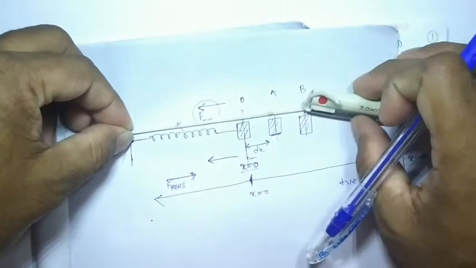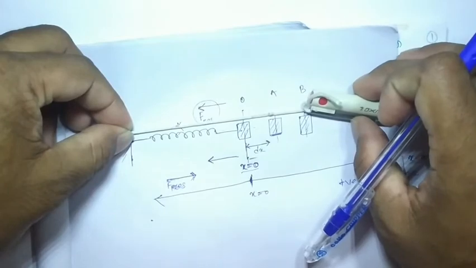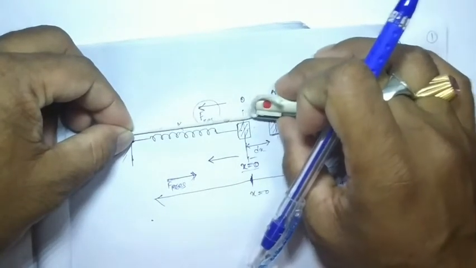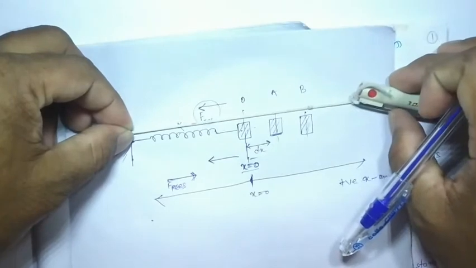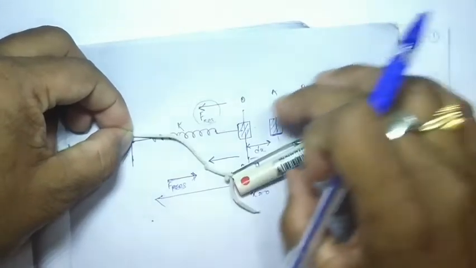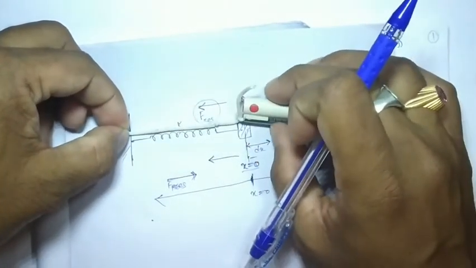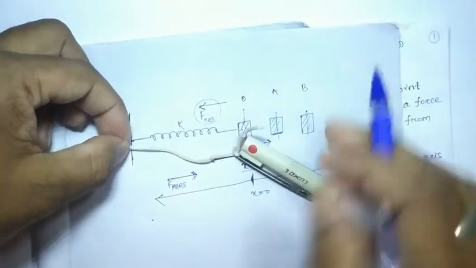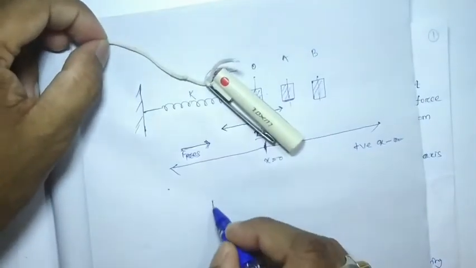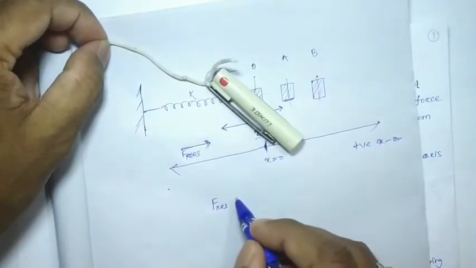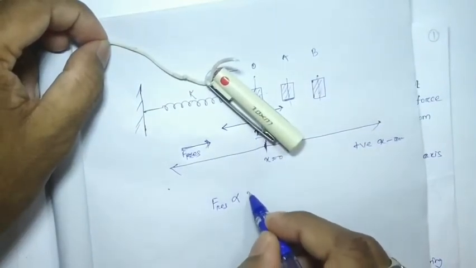For the distance, if I increase it from A to B, the force increases. If I increase the distance further, from 0 to this much distance, the force again increases, and is larger as compared with A and B. So here we found that the restoring force is proportional to the displacement,